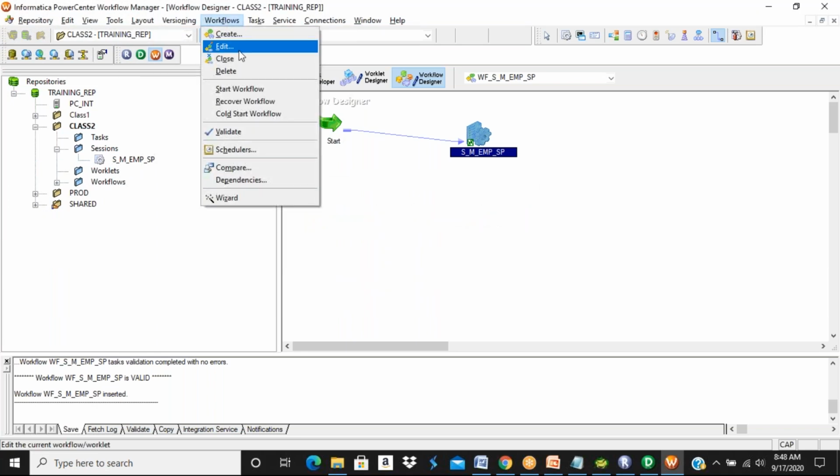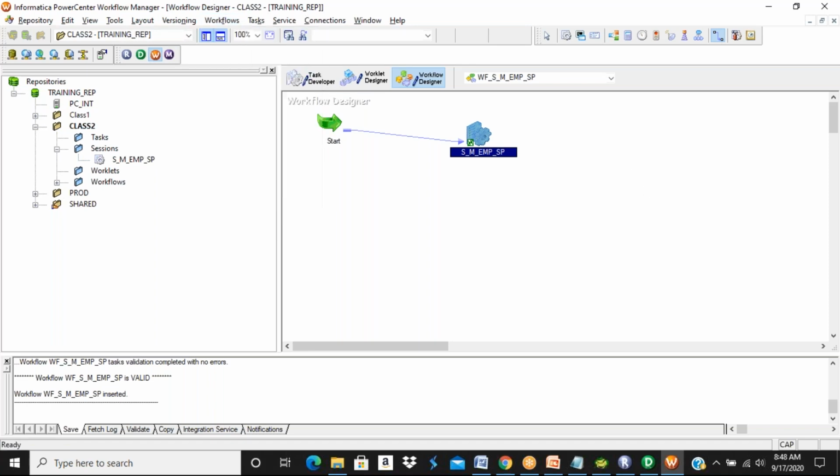The last step would be I need to execute the workflow. So what happens in the backend? One doubt: here you say start is default, from start to session it is going, right? Can we connect session to session? No. What do you understand by the start task? It is used to trigger the session. So that's the reason I connected the session to the start task. Yes, you can connect session to session as well, but you require a start task to trigger the session. I'm going to explain that in the coming sessions.